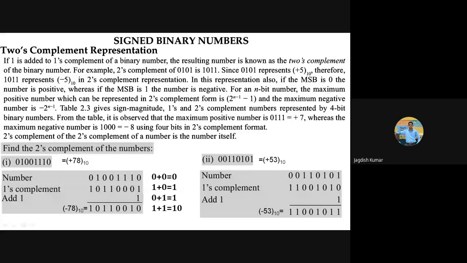You can't directly convert it. So what we need to first find out is its 1's complement. Or what you can do is, because this number is negative, you take 2's complement of this number, then you will get the corresponding positive number, and that positive number will give you the magnitude of the number, and that magnitude presented with the minus sign will represent the number. So this is going to be a negative number.